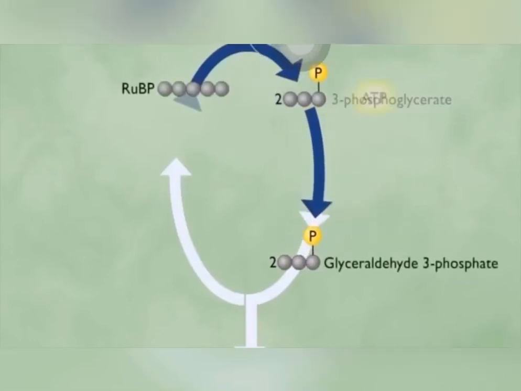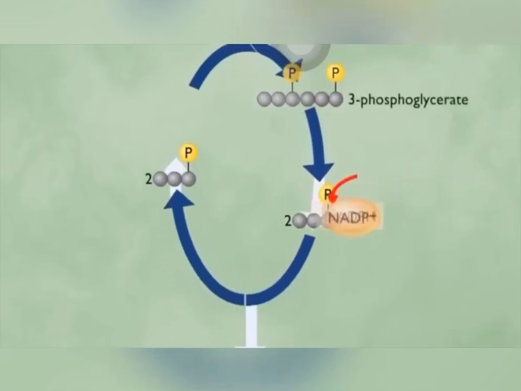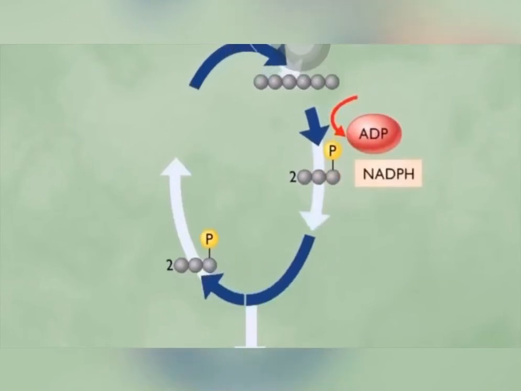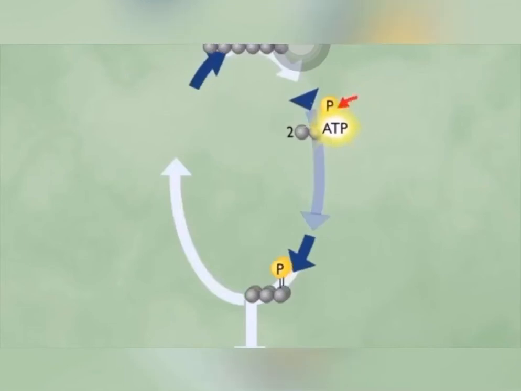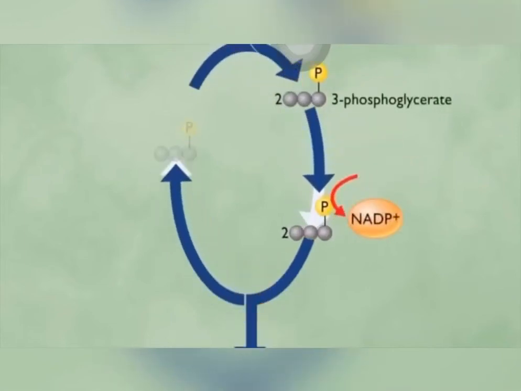When several of these three-phosphate molecules have been produced, some combine to make glucose, while others are reused in the Kevin cycle to generate an entirely new glucose molecule. The cycle has to turn several times because each turn of the cycle adds only one carbon atom from each molecule